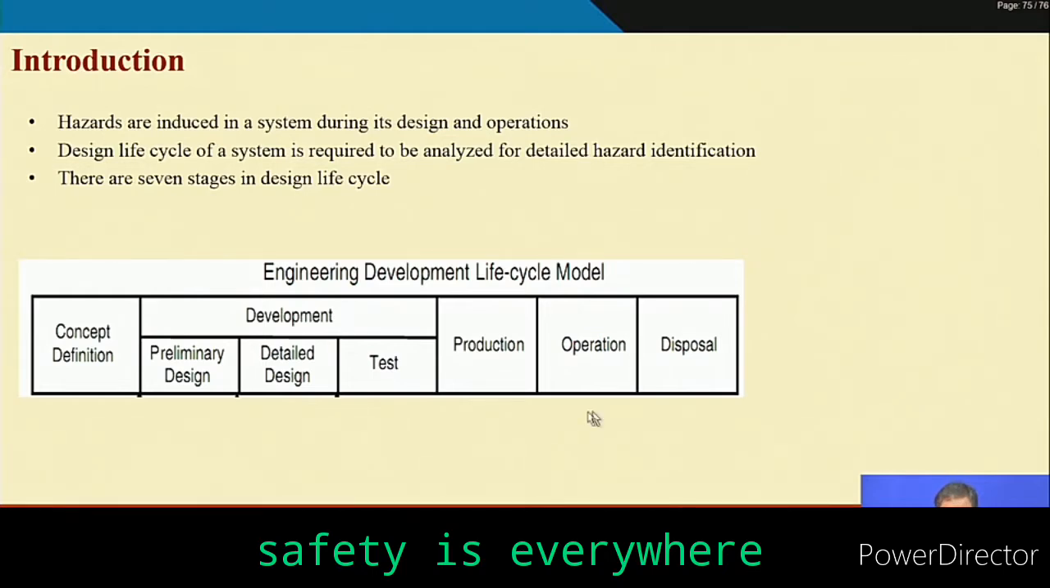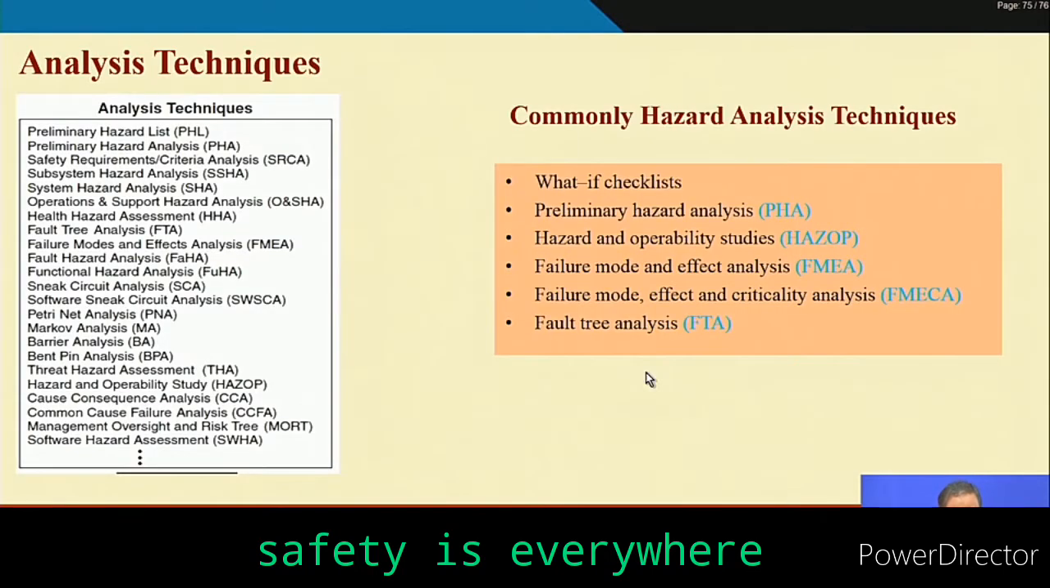So, let us see what the different techniques are that are available till now. You see, there are lots of techniques. I am naming a few: preliminary hazard list, preliminary hazard analysis, safety requirements criticality analysis, subsystem hazard analysis, system hazard analysis, operations and support hazard analysis, health hazard analysis, fault tree analysis, failure mode and effect analysis, fault hazard analysis,